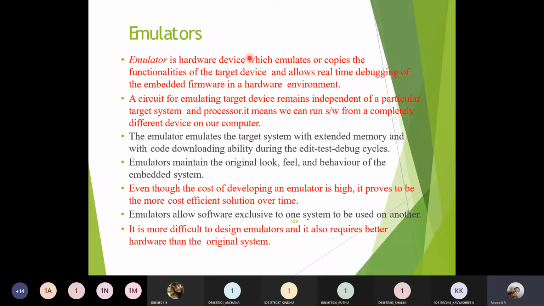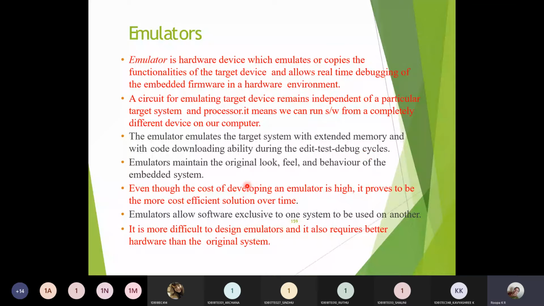And the emulators that you have here are independent of the processor. It does not depend on a processor or a controller. So we can run any type of software programs on these hardware devices in the emulator circuit, but that cannot be done in the case of a simulator. Easily we can edit the circuit, test and debug it for different input combinations and different output cycles.